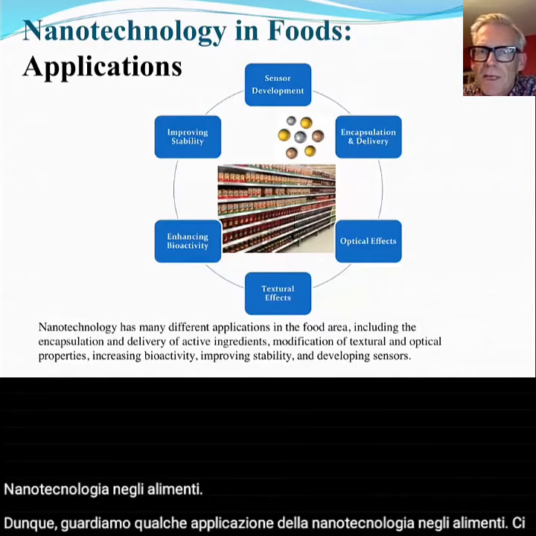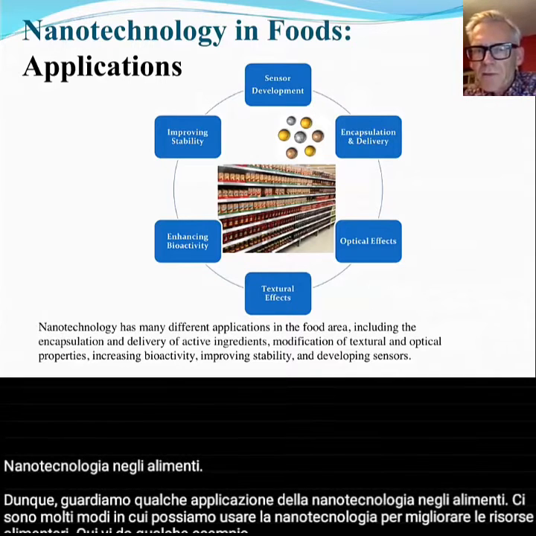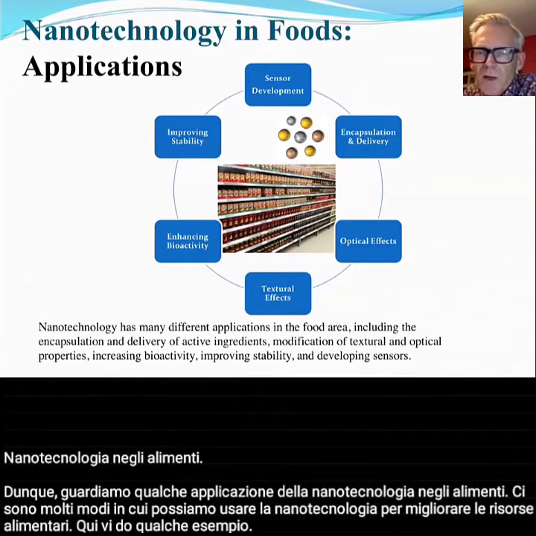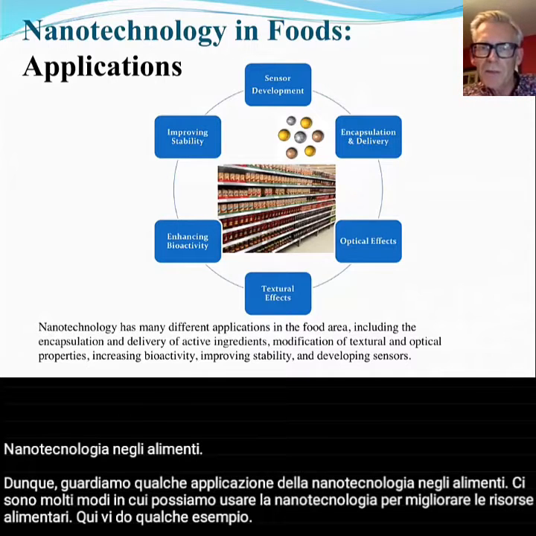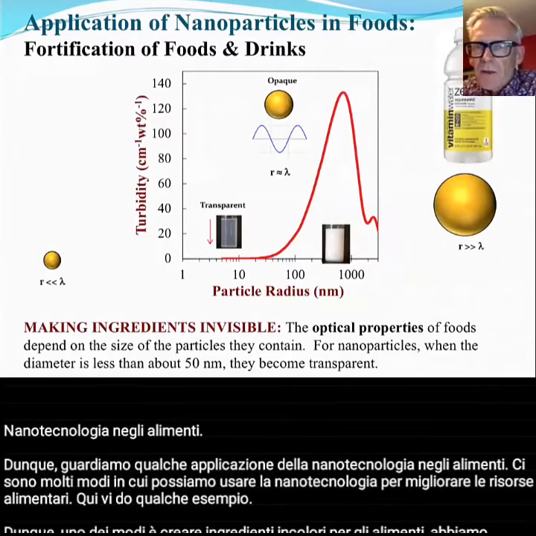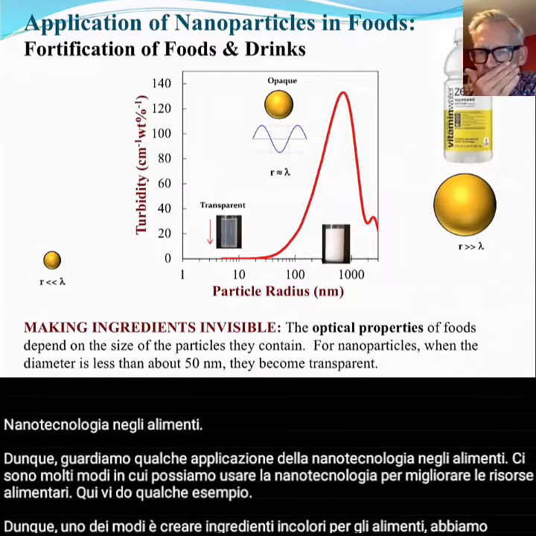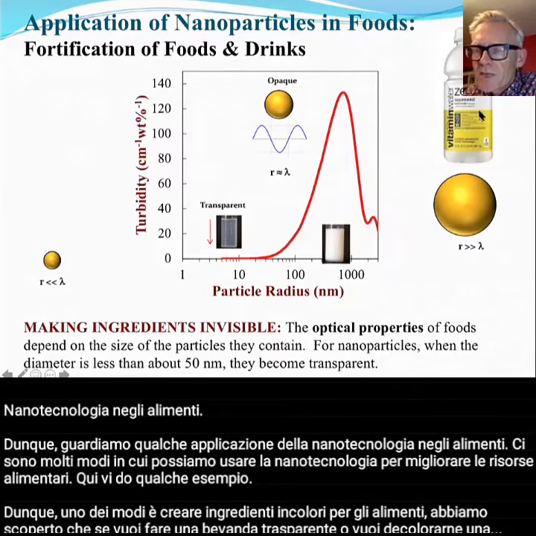So then let's look at some of the applications of nanotechnology in foods. So again, there's a whole series of different ways that you can employ nanotechnology to enhance the food supply. And I'll just give a few examples here. So one of the ways is to make food ingredients invisible, which sounds a bit weird, but you can do. So for example, say you wanted to make a transparent